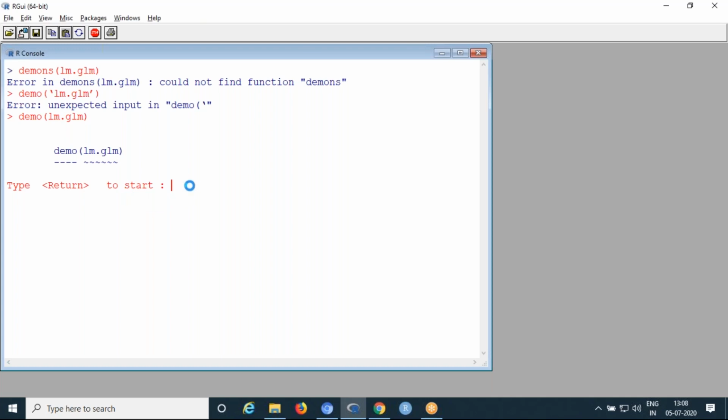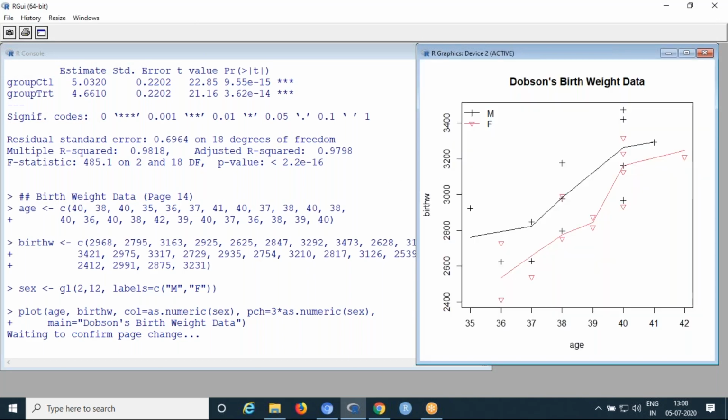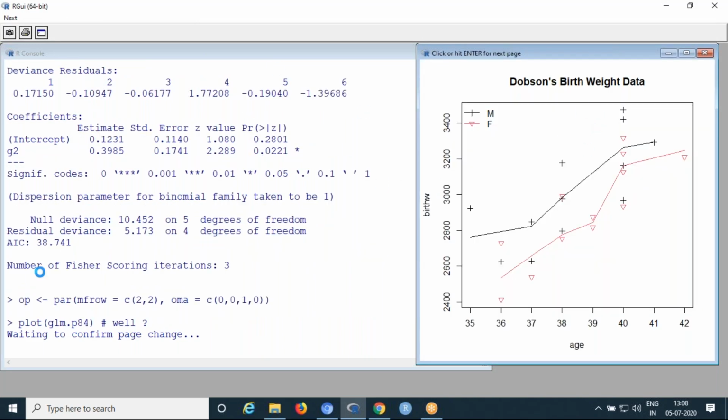Now, if you want to see the output, press return, then you will get the results of this function. Here you can click, and the outputs are displayed. Similar examples we covered in our regular lectures.